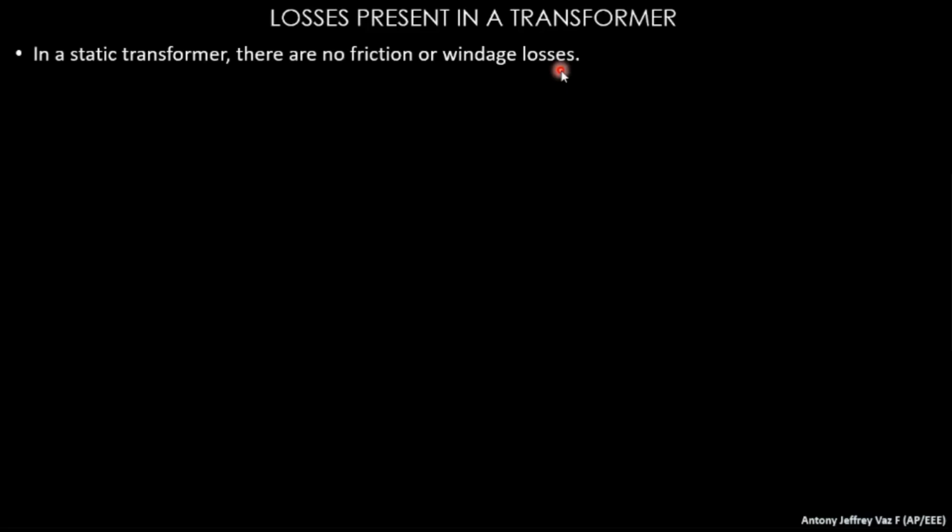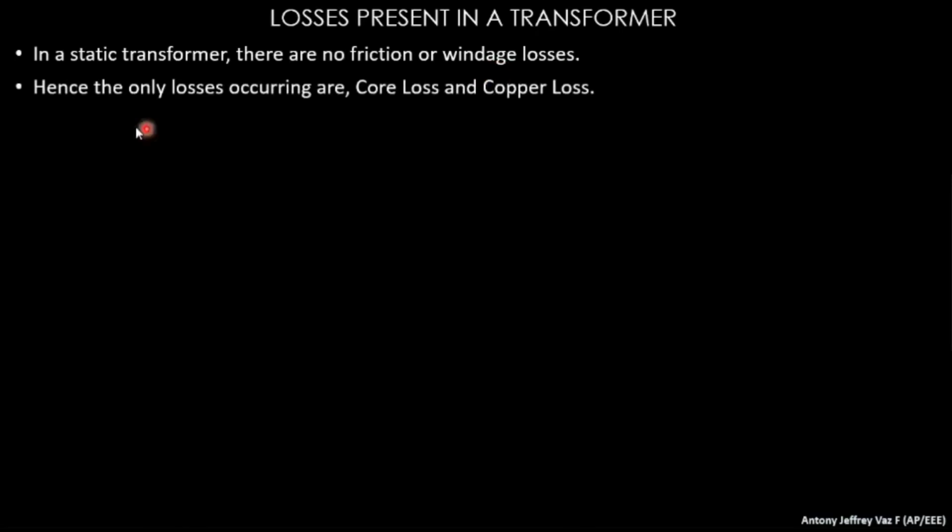You can see transformers in our streets. These transformers are not going to rotate, they are static in nature. They just convert the supply voltage and current into another form of supply voltage and current. The ratio of voltage and current is going to be transformed 1:2 or 2:1. That is going to happen in the transformer. It is not going to rotate. So without rotation, there is no friction or windage loss present in the transformer.